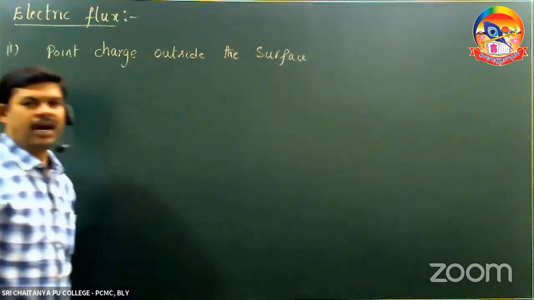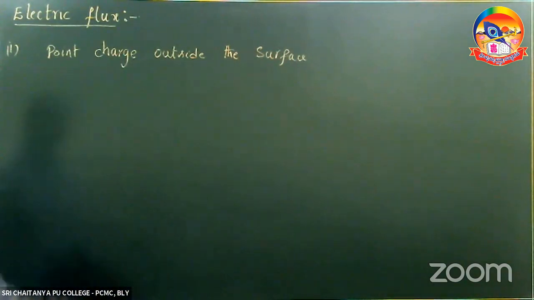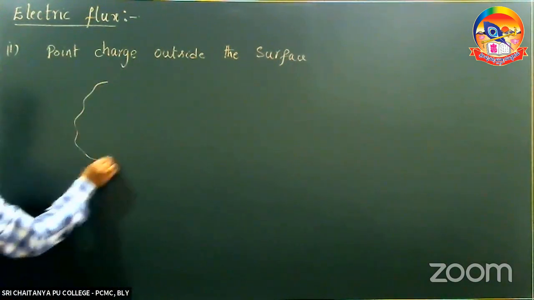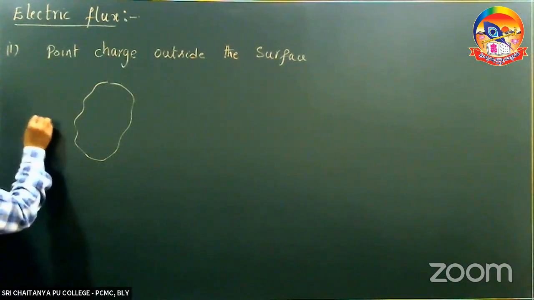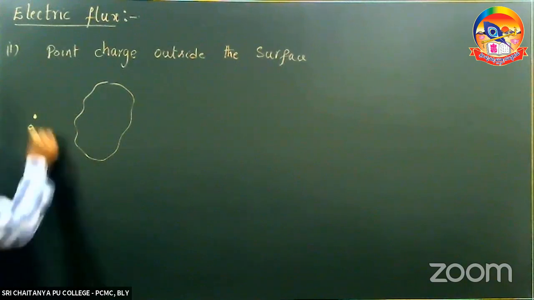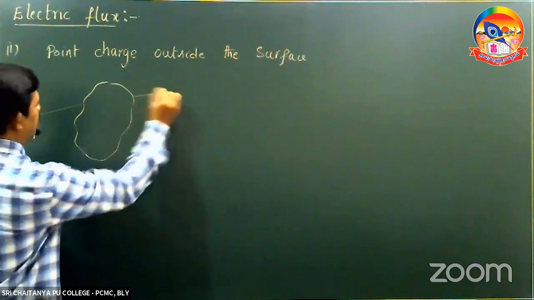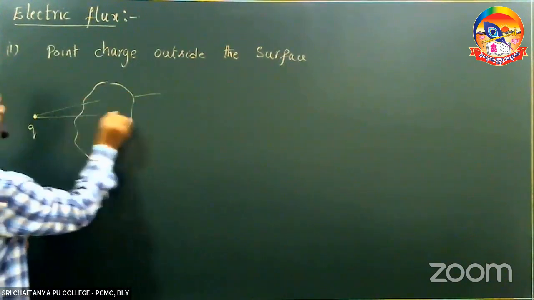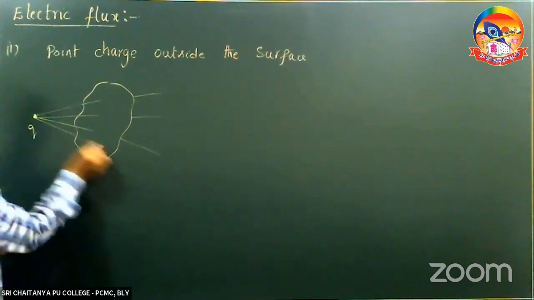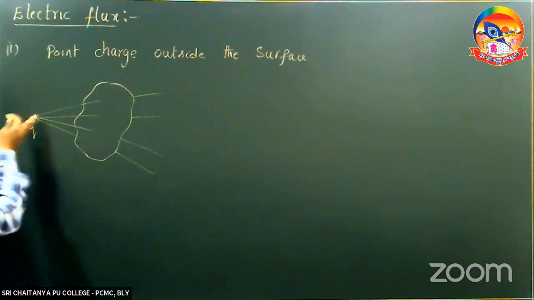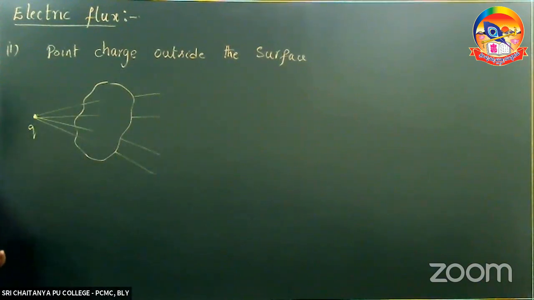Point charge outside the surface, charge is outside of it, then inward flux is equal to outward flux,